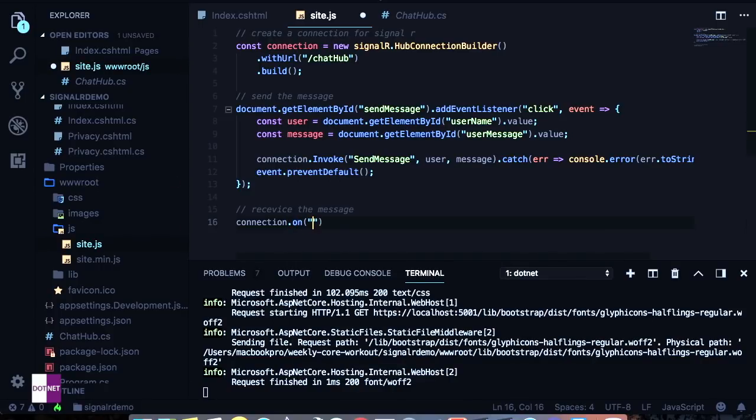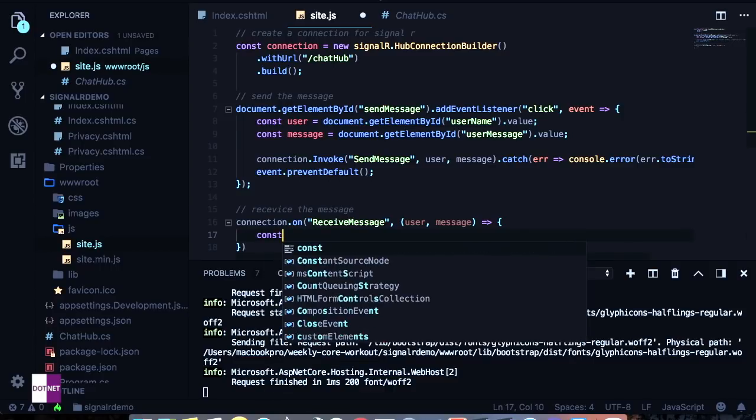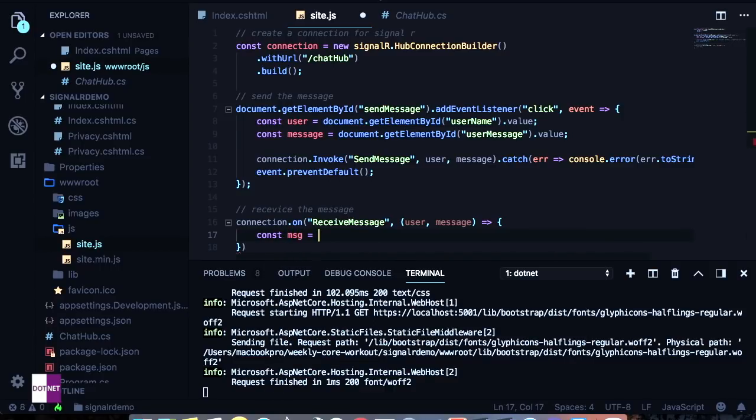ReceiveMessage, comma user, comma message, and the lambda of const message is equal to the encode. So what I'm going to do,